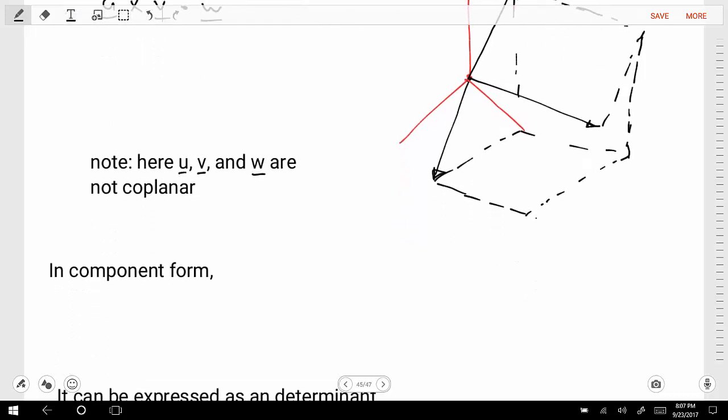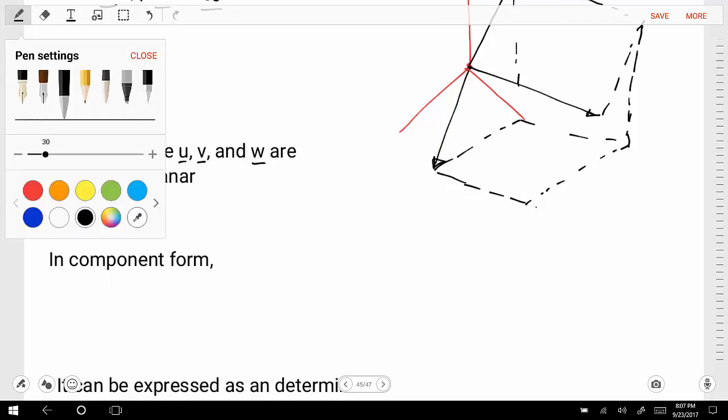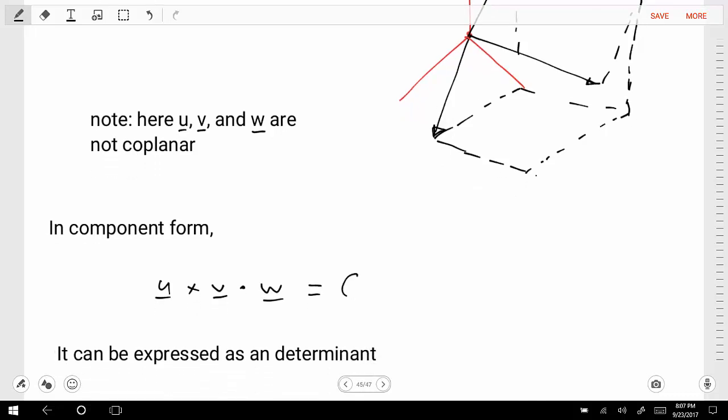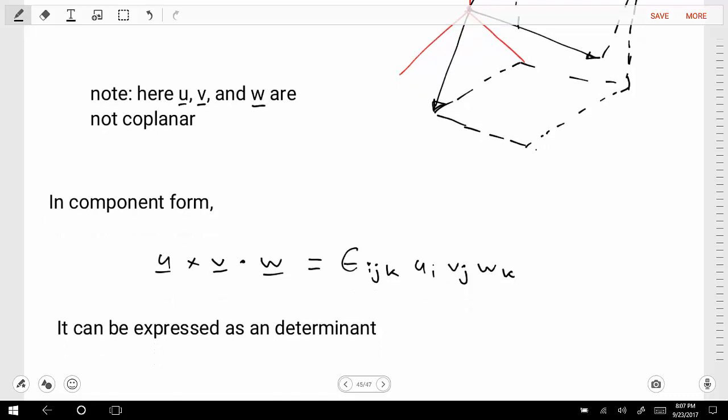Well, let's go ahead and try to break it down into component form, and let's use the permutation symbol to help us do that. So u cross v dot w, let's define that as the permutation epsilon_ijk u_i v_j w_k. And note here that this is a scalar. We're finding a scalar quantity, and we're using the dummy variables to indicate that we're summing these terms